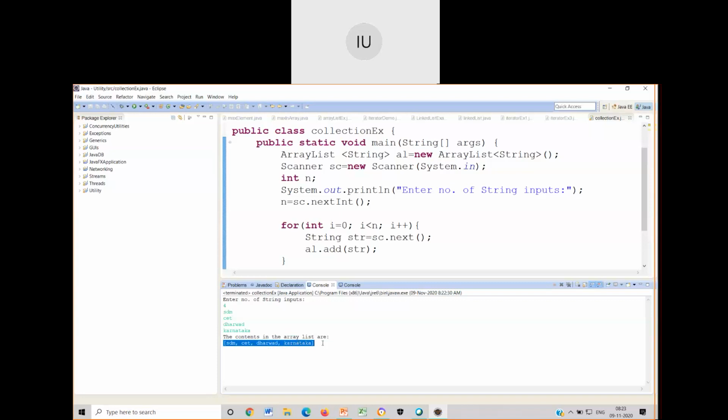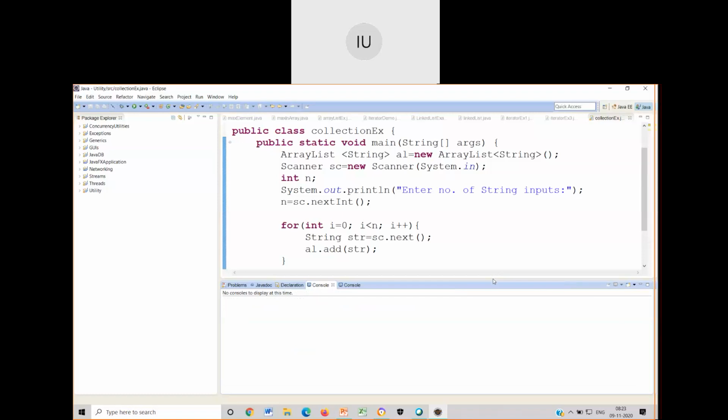This is called inserting from the rear end by default. Any new element in any data structure has to be added at the end, so every new element goes into the rear end. This is the simplest example that I have discussed.